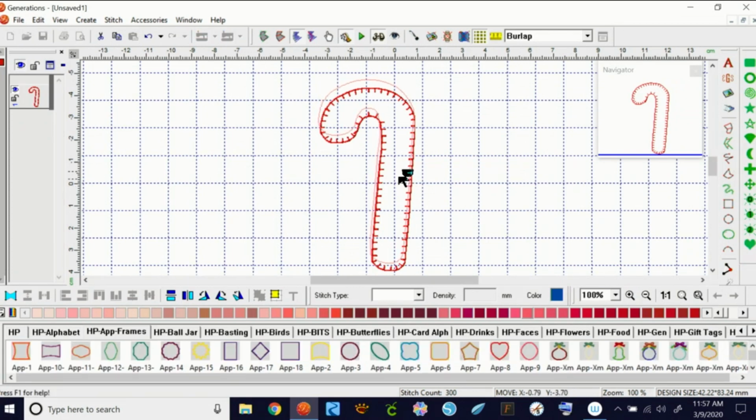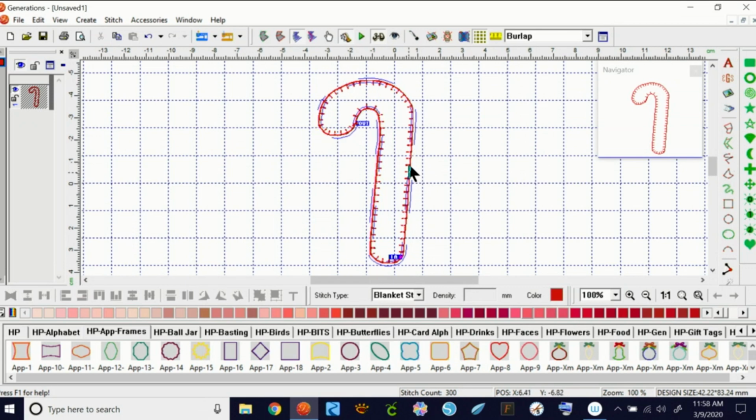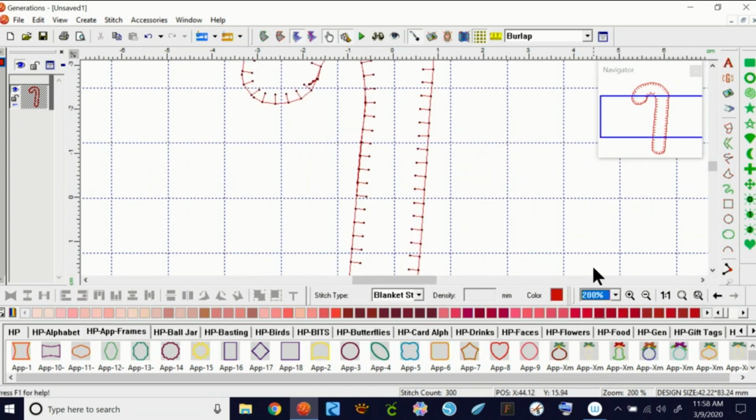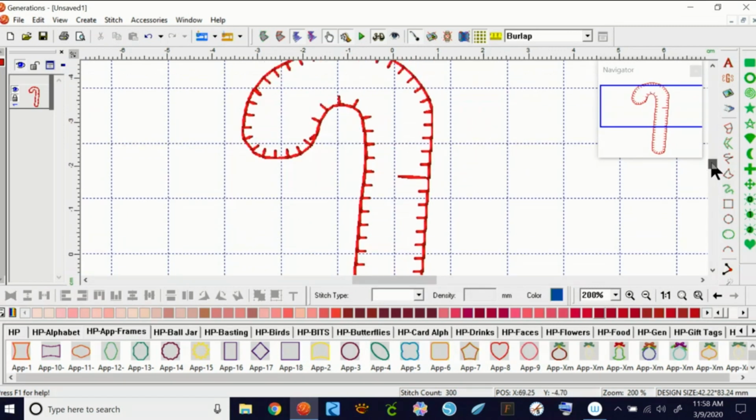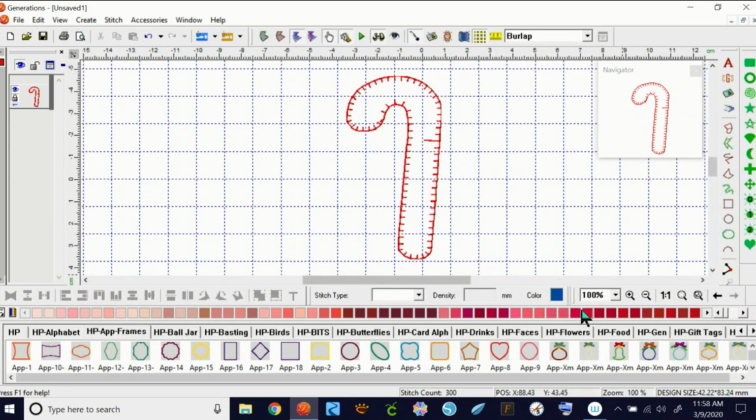So this is a building block. And this right now is fully editable. I can change anything about it. I can resize it. I can change the stitch nodes if you want to do that. Let's make it a little bigger. There we go. I can change that, but I'm going to hit F9 because my generate button is gone. So you see, I can change it and it's fully editable just like any other gen design. I love building blocks. They are so handy, particularly when you're doing things that